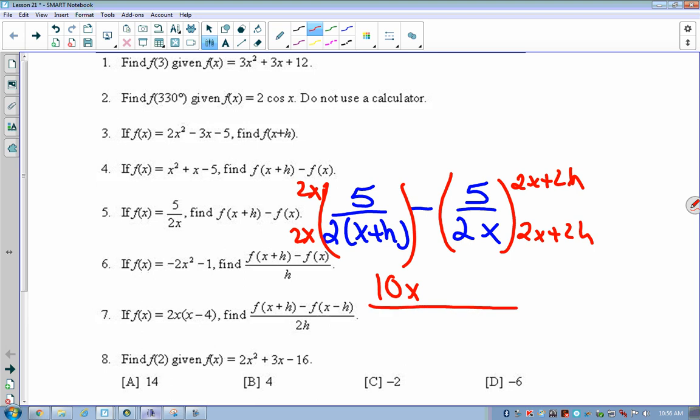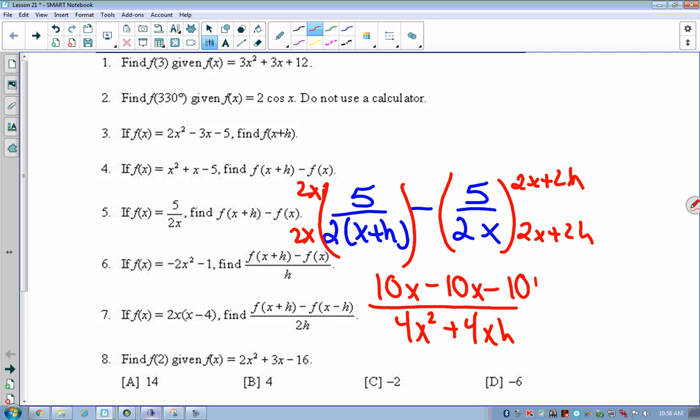Down on the bottom, it's going to be 2x plus 2h times 2x, right? I should get what? 4x squared plus 4xh, right? Up here I've got 10x, and I'm going to get minus 10x